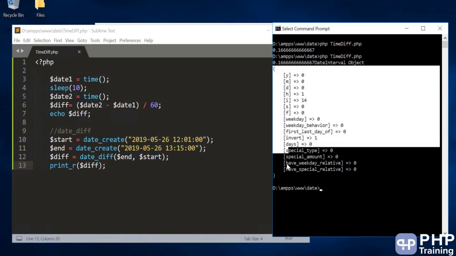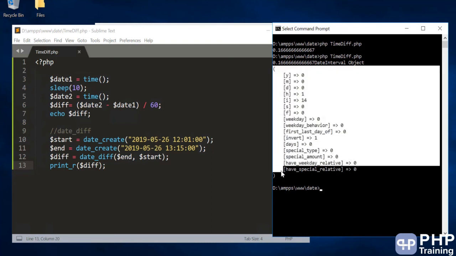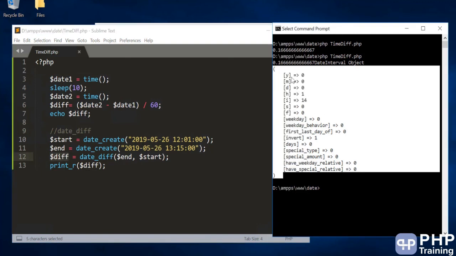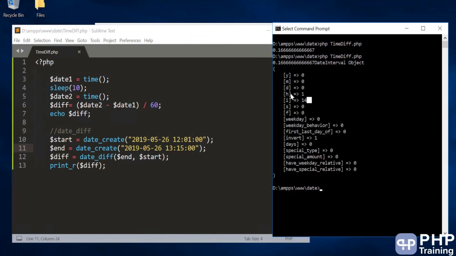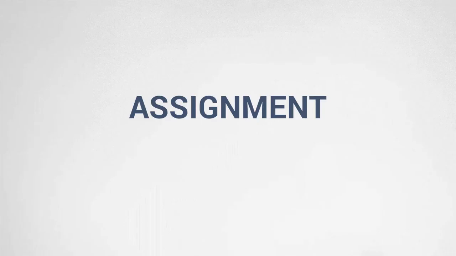So you are able to find the difference in an array. If you see this, the minutes are here, the hours are here. It's a very important thing to understand: how do you find the difference between two dates? This is a very good method called date diff. It will compare two different dates. You have to convert them into a date format first, then pass them into this function, and this function will give you an array. In that array you can check which differences you can find. The exercise is to find the date difference, and we are able to find the difference between the two dates. That's the exercise, and I'll see you in the next one.